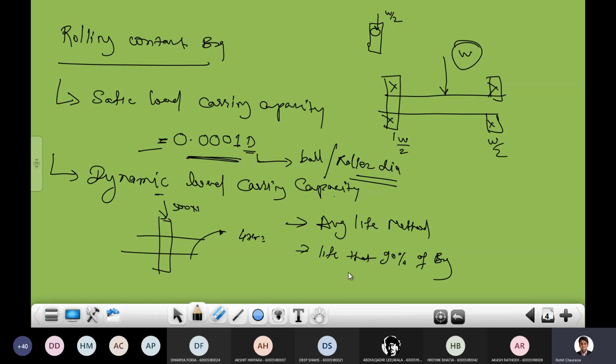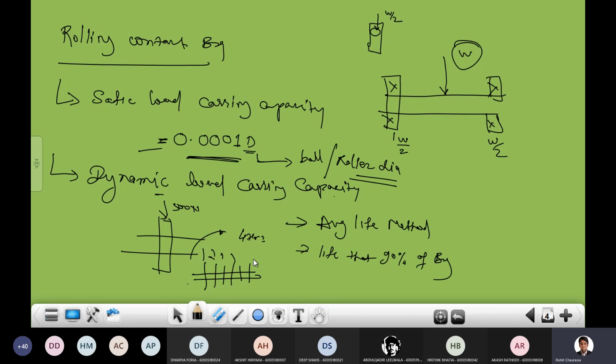लाइफ फॉर द 90%, तो ये दोनों में क्या करते हैं, सपोज दैट इफ आई एम टेकिंग 100 सेट ऑफ द बेरिंग, एक 100 सेट ऑफ बेरिंग ले लिया मैंने, and on this 100 bearing I am going to apply the same load, and after completion of the 4 hours जो मेरा requirement था, 4 hours complete होने के बाद with the particular 500 load के बाद मैंने 500 के लिए रन किया, 500 न्यूटन